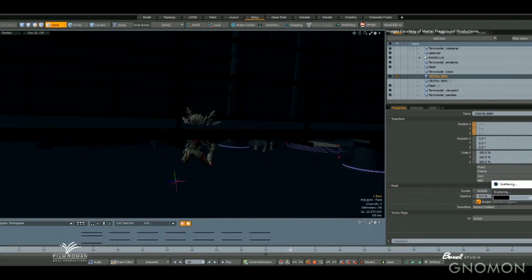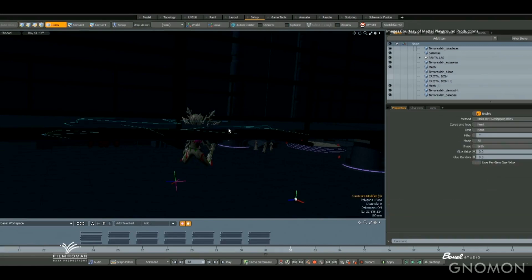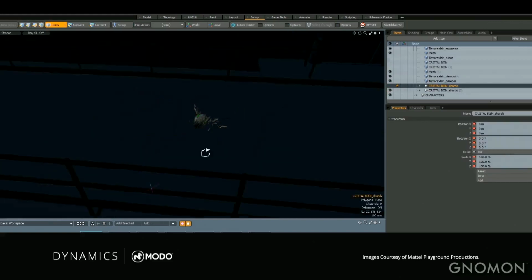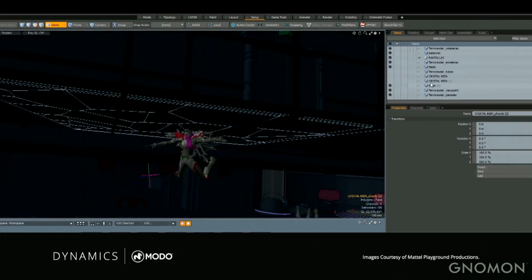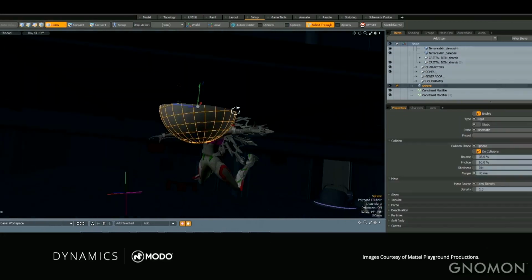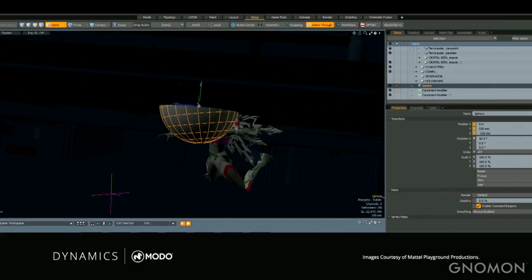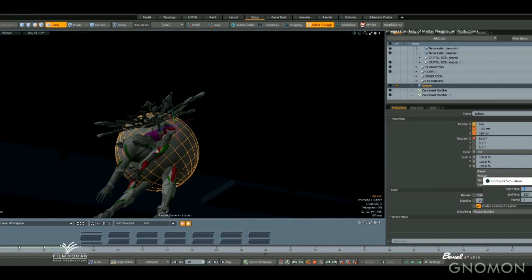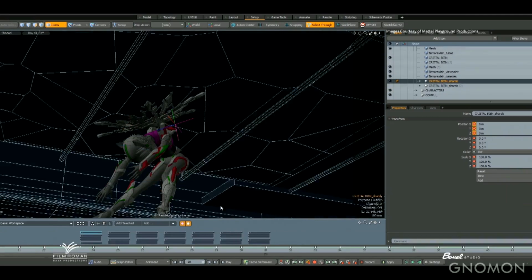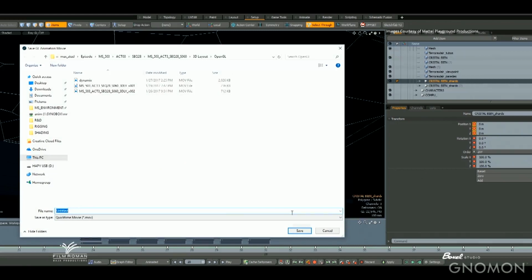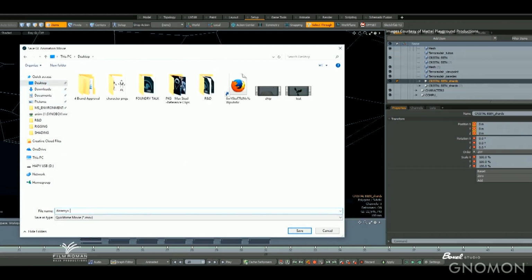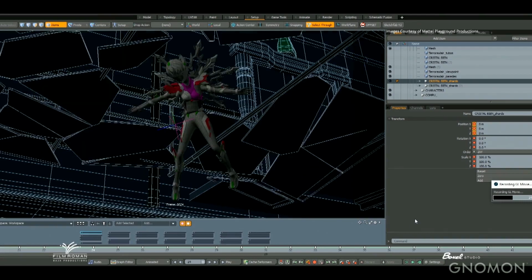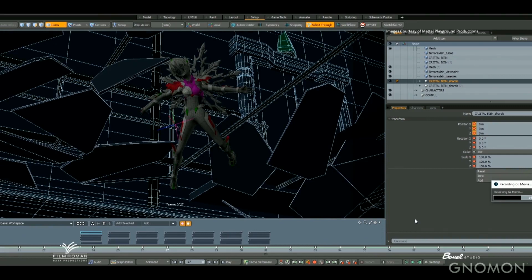And now moving on to dynamics, I think this is a really important step because people don't really think about Modo when they think about dynamics, but we at Boxel, we do. We think of a pipeline from A to Z inside Modo, and dynamics is no exception to it. I think it has proved to be really efficient, and more important, it looks awesome. So it's really simple. In this case, it's just a single plane. You shatter it. You add the dynamics to those pieces, add the collision, and that's it. You're just a couple of clicks away from having an awesome dynamic.